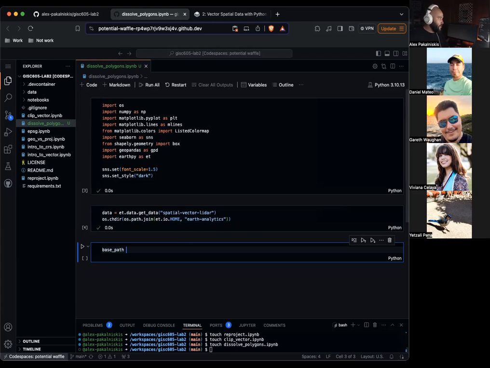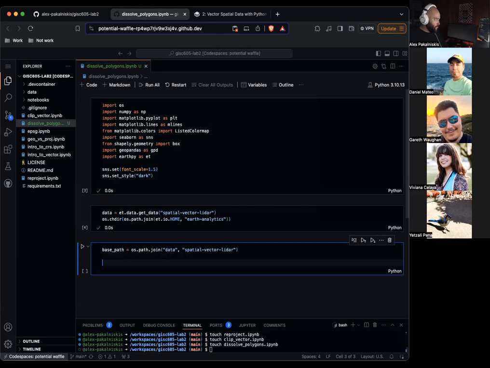Base path equals os.path.join data spatial vector lidar. Boundary path equals os.path.join. So you can nest os.path.join inside of another os.path.join, which is kind of cool. Base path, USA boundary dissolved .shp.